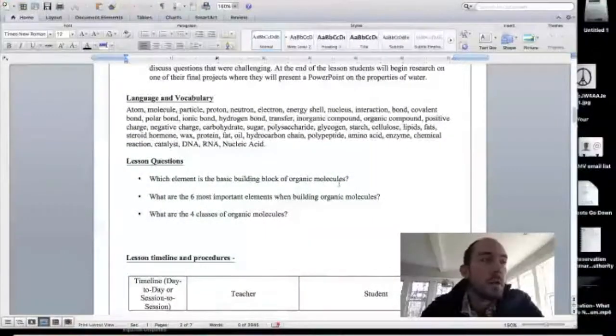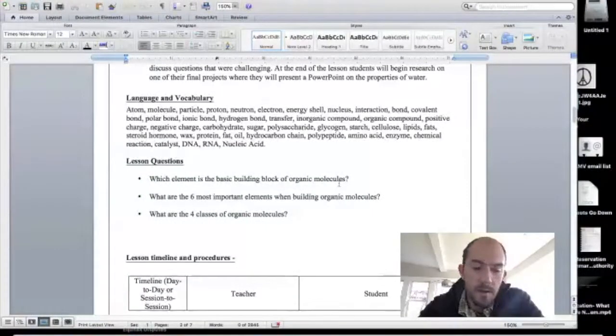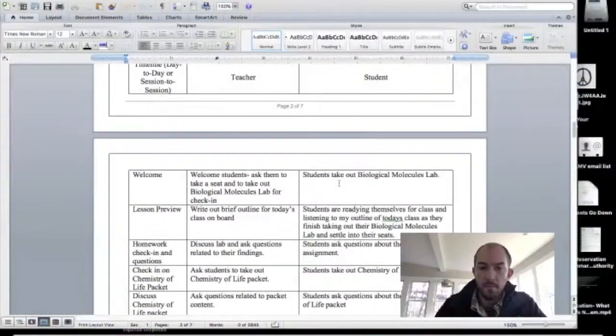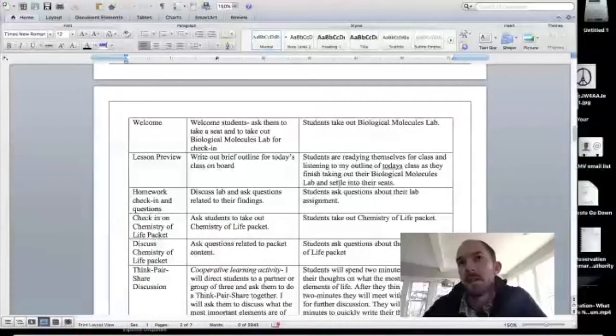The lesson is very interactive, because we have cooperative learning activities. There is a discussion and also a vocabulary activity. We're also going to be going over some of the homework. And as I do the lesson,